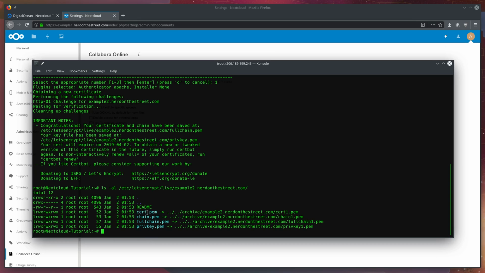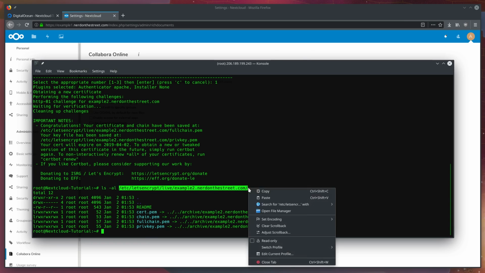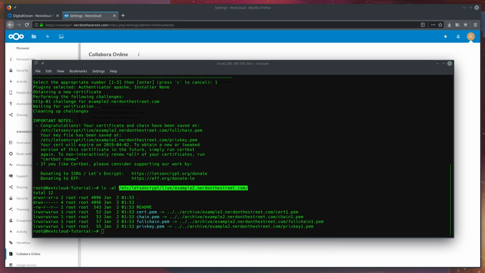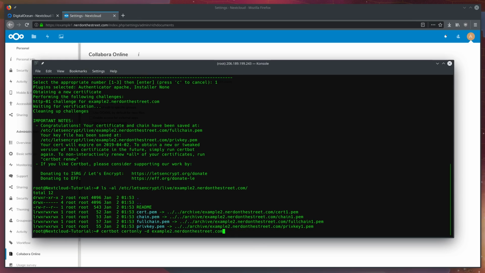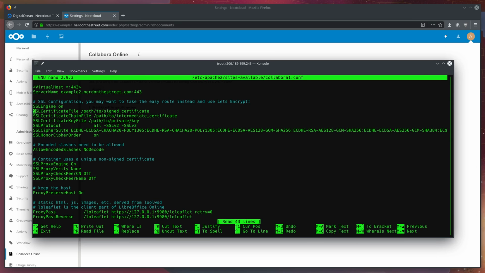Now you can see these are actually symbolic links to some other locations on our system. We don't need to worry about that. We're going to copy this directory, and I'm going to paste it into a text editor off screen here just for my ease, along with these 4 file names. And now we're going to head right back into Apache's config. If we go back up to our nano, into that sites-available/collabora1.conf. Now if we come down to SSLCertificateFile, that certificate file is going to be /etc/letsencrypt/live